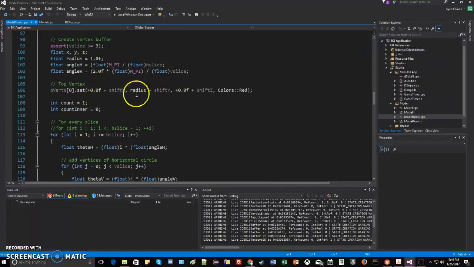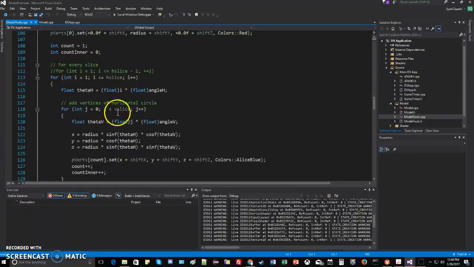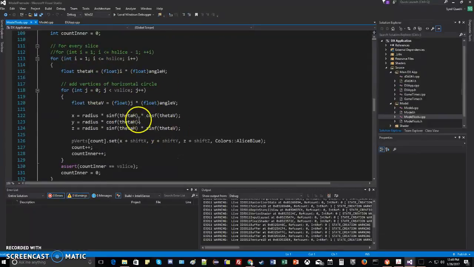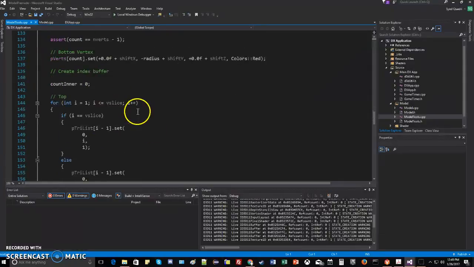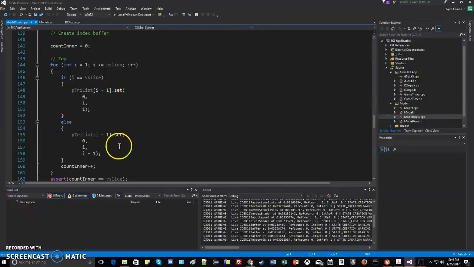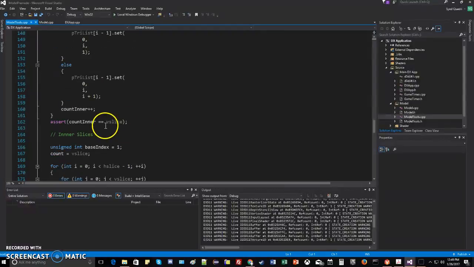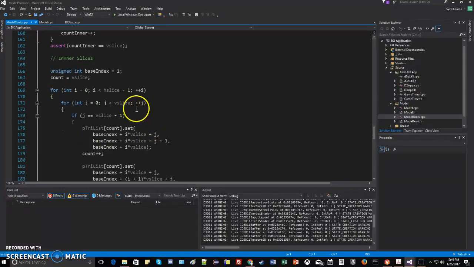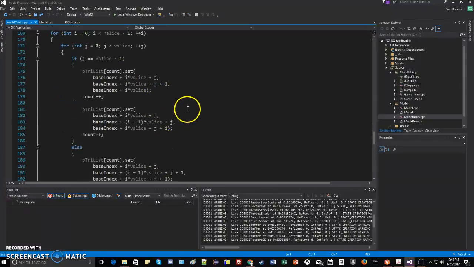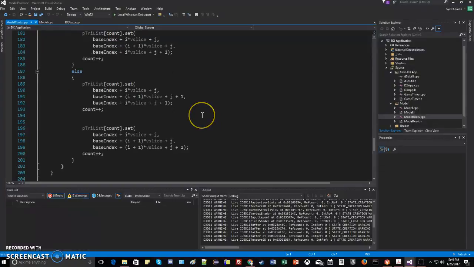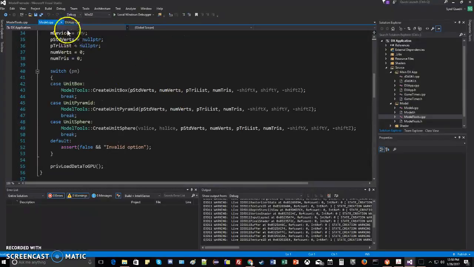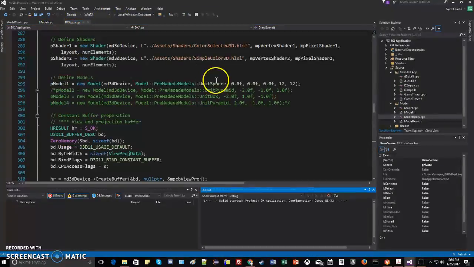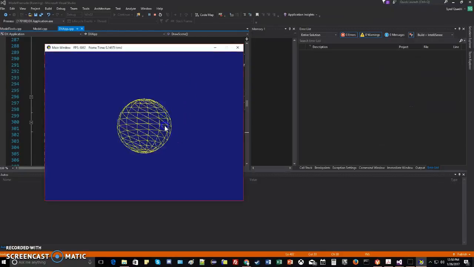So I'm defining the top vertex here, and then for every slice I'm defining the inner vertices, and then I'm defining the bottom vertex. And then for the indices, defining the top hemisphere for the top triangles, and then for the inner slices. This was a lot of trial and error. Started slow and then just went up in terms of size, and then the bottom hemisphere. And then when I run this, you see it creates a sphere with 12